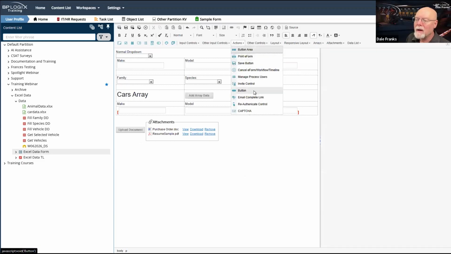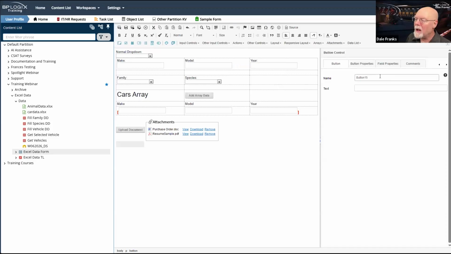Actions button. I'm going to have to start naming buttons. We'll call it Excel 1, and I'll have a button Excel 2 if we get here.